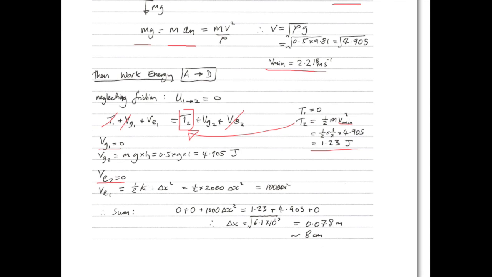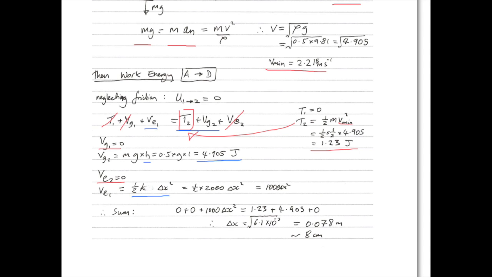So what we're left with is that the spring potential energy should be equal to the sum of the final kinetic energy plus the gravitational potential. So the gravitational potential is mg times h, so h is 1 in this example, so this is just g upon 2 joules, and the energy due to the spring is half k delta x squared,